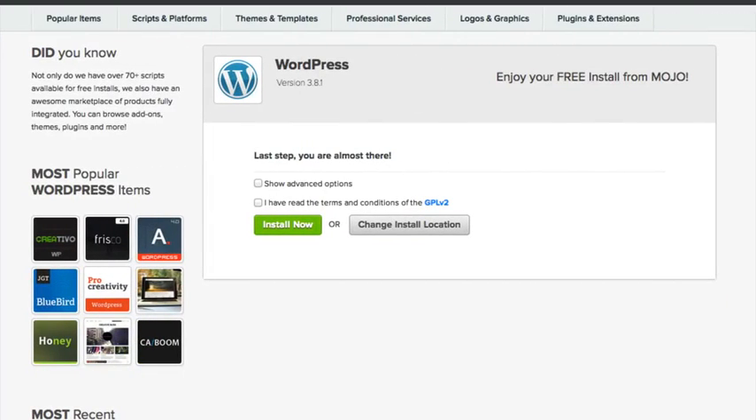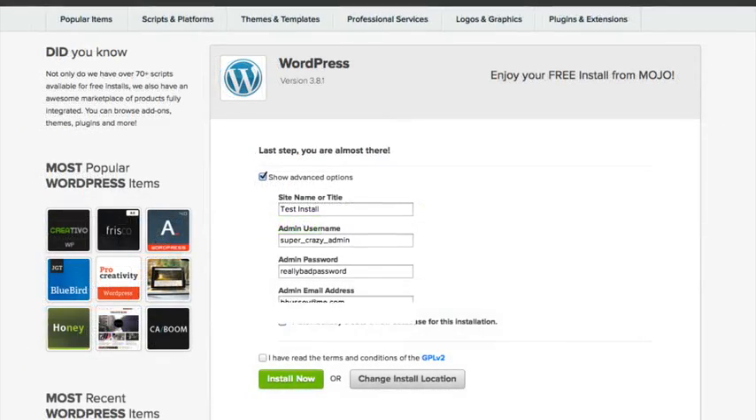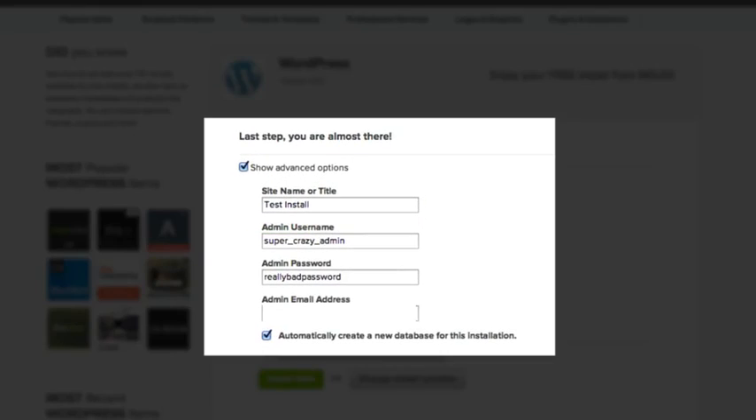And then you'll have another step that will say, last step, you're almost there. You can choose to show the advanced options or just straight up install now. The advanced options look like this. And right there, you can change the site name or title. You can change your admin username. So instead of maybe the email that's on file, you can put something like